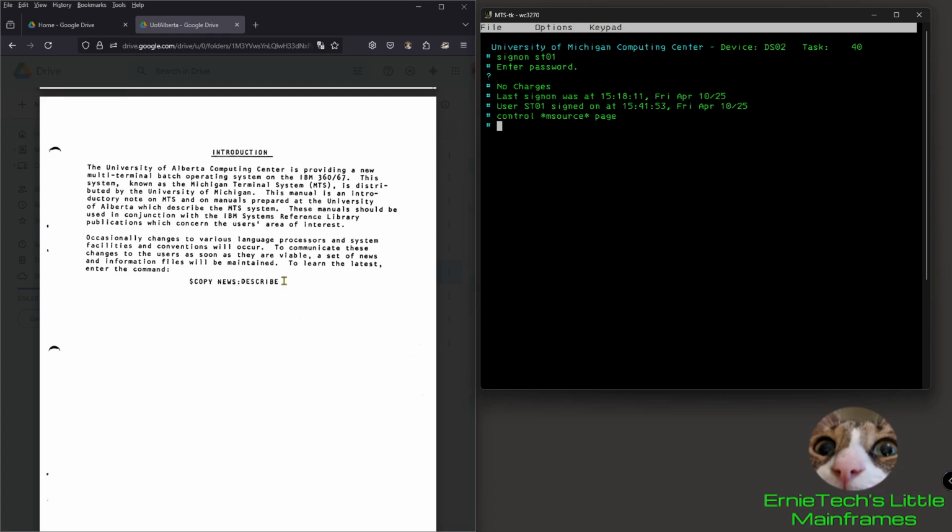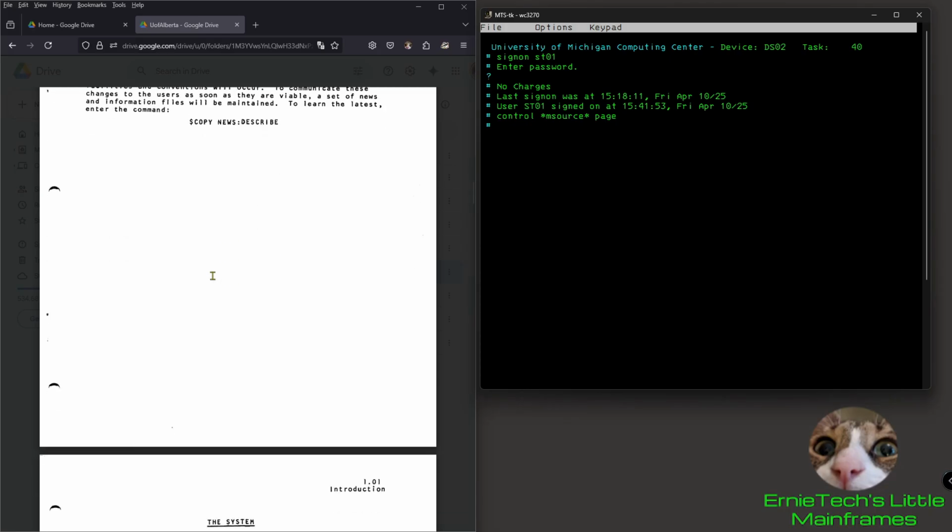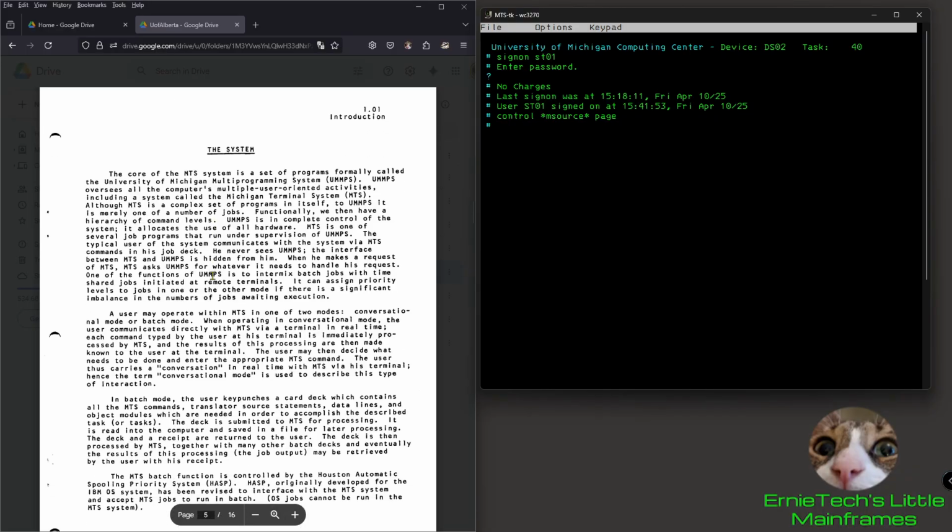They exist, but not with MTS. So we're in our own little computing center, so you're not going to get news. Nothing's going to happen. The system. Something to keep in mind, and that is that